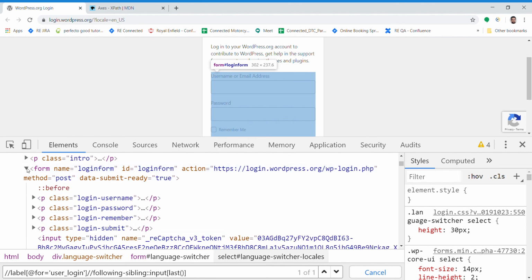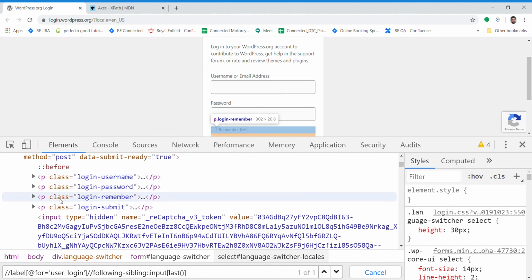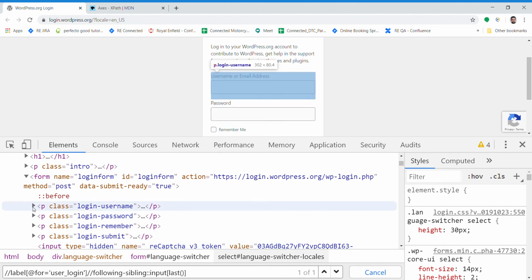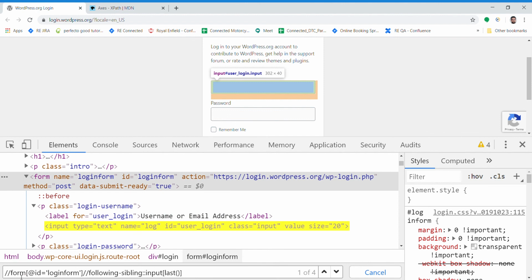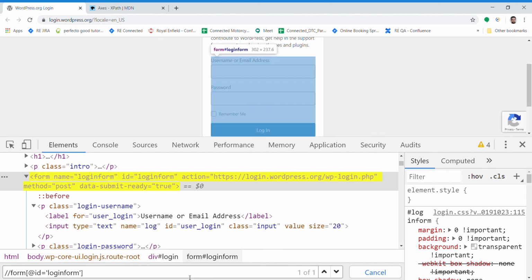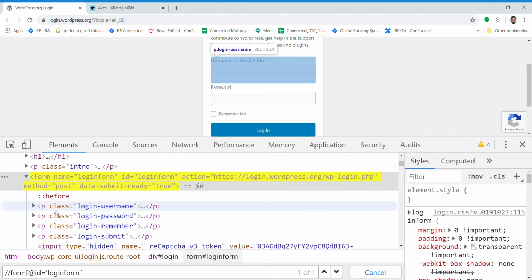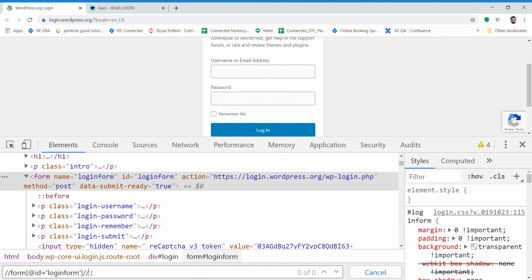We will use this one. This is the parent that has 5 children, 1, 2, 3, 4 and 5, and these children have further child elements, right? So the descendant would be all. So we are going to use this login form. This has an ID, right? And this tag name is form, right? We are able to find this parent which has got 5 child elements, and we are going to use the descendants method if we want to select any of the descendants. This has got 13 descendants, right?